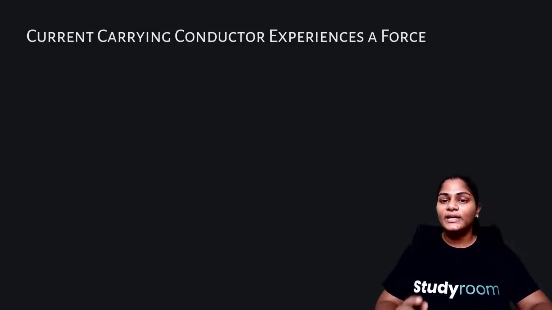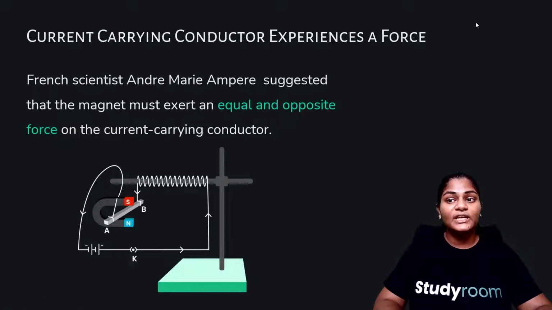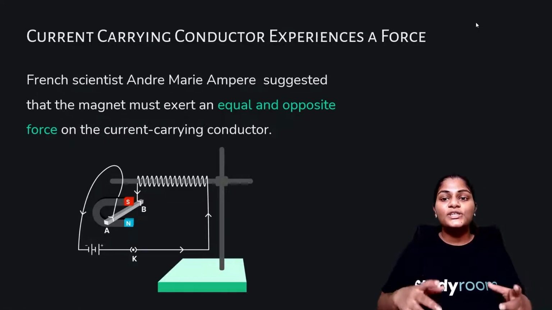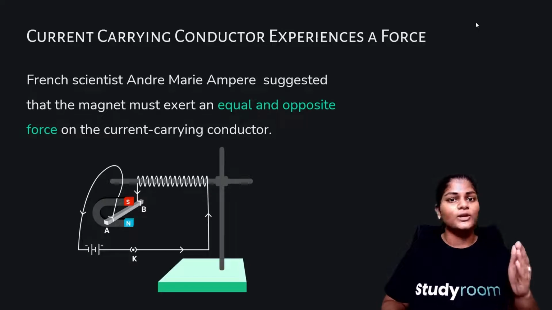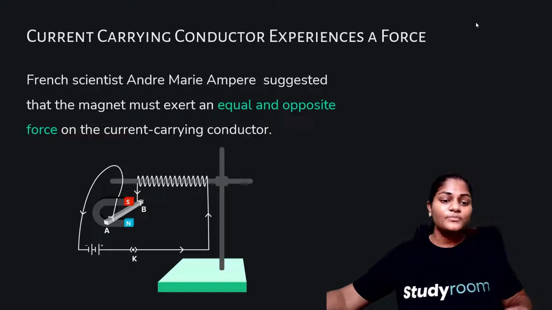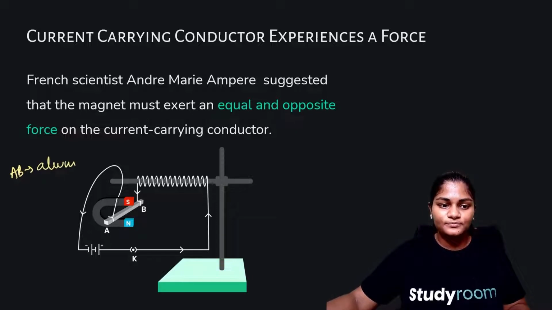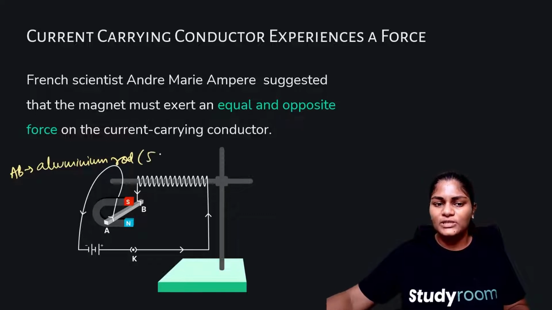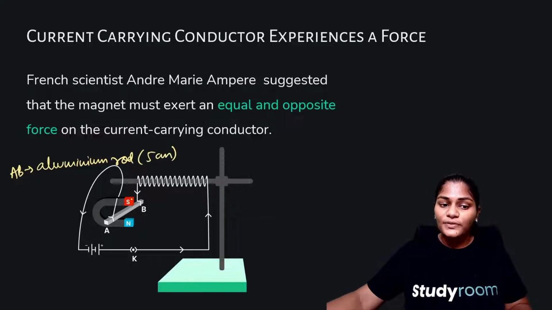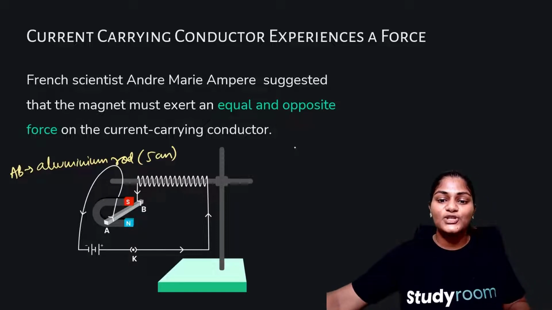Okay, so current carrying conductor experiences a force. So this is an activity in your NCERT. Okay, so this is your activity 13.7 in your NCERT. So if you read up the setup of this activity, you will see that this AB is an aluminium rod around 5 centimeters in length. Okay, and what we have done is this magnet, this U-shaped magnet, is actually called a